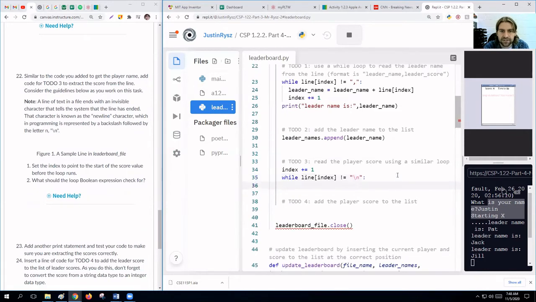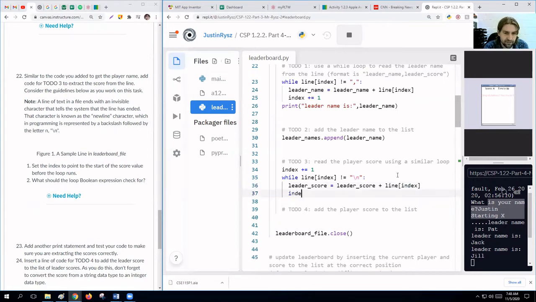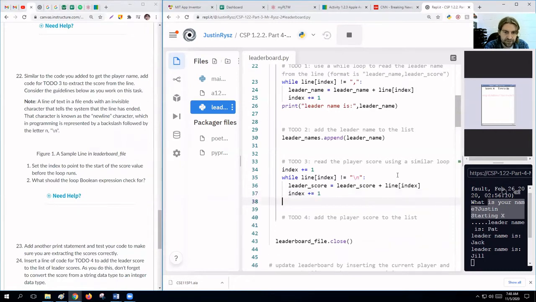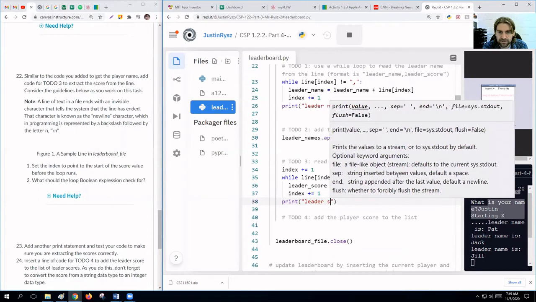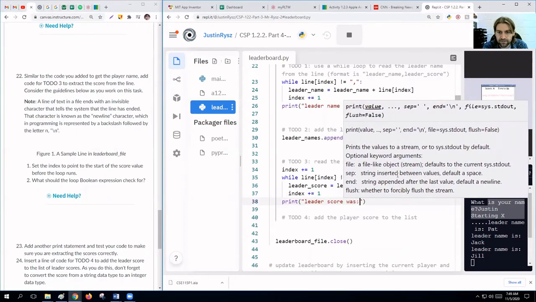Okay, and so what we're going to do is make the, not leader name, but the leader underscore score equal the leader score plus line index. And then we'll make the index go up by 1. And probably should be able to see this here. So let's add a print statement. Print leader score was